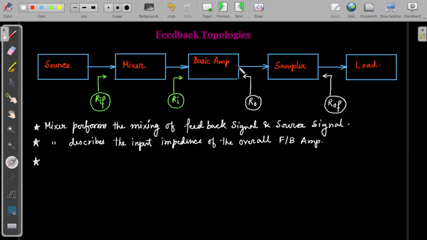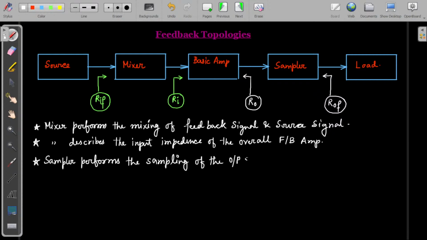आपका जो आउटपुट सिग्नल ऑफ द बेसिक एम्पलीफायर हो रहा है, आउटपुट सिग्नल के एक पार्ट को सैंपल करके फीडबैक लाइन पे लेकर आएगा और मिक्सर के साथ मिक्स होगा। सो सैम्पलर का काम होगा आपका, सैम्पलर performs the sampling of the output signal